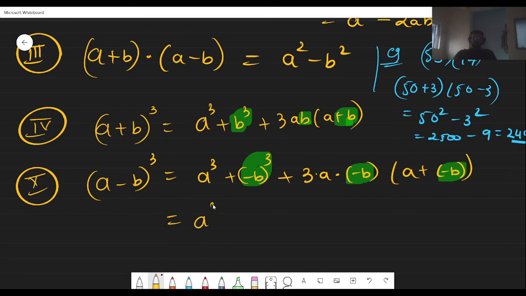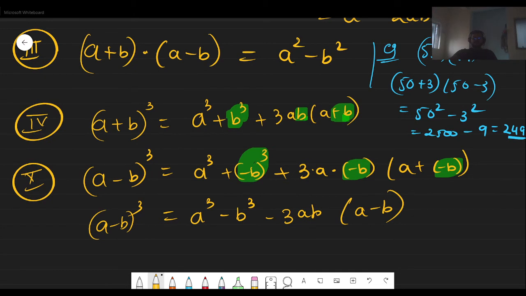a cube will remain as it is. The cube of a negative number will always give us a negative number. In a previous session I have already taught you how it will be a minus. So it will be 3ab; this minus will be common and get outside, so it will be 3ab into (a minus b). So this is the (a minus b) whole cube. Fine. So these are the few formulas. What we can do is try to understand them first, and then see whether we are able to remember them or not.